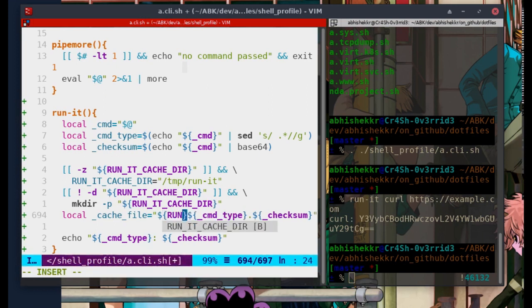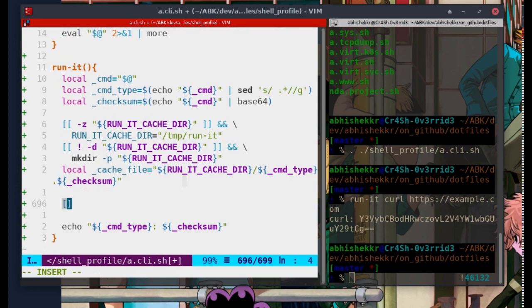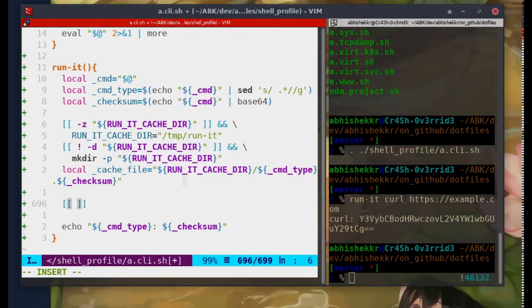And when we simply prefix it here, we'll have an absolute path for the checksum based cache file. Now, what will happen is, if this file already exists, then that means that we have run it and a cache should be present. So something like this,